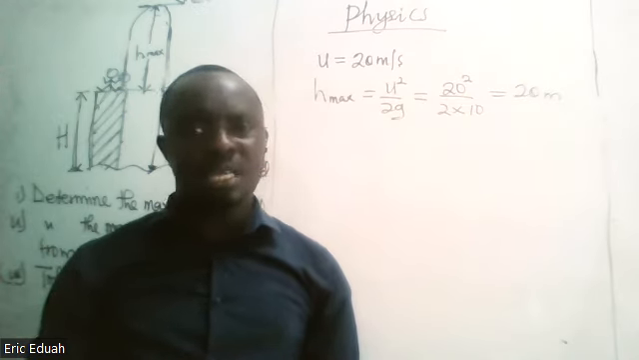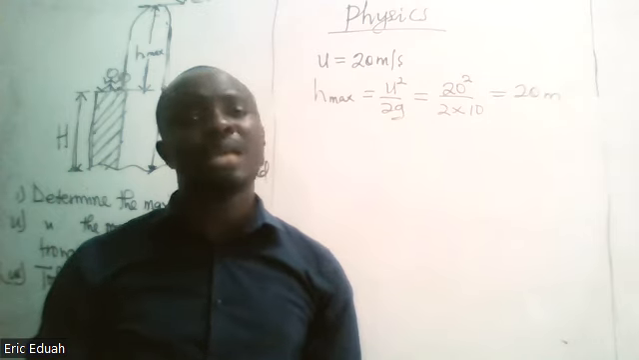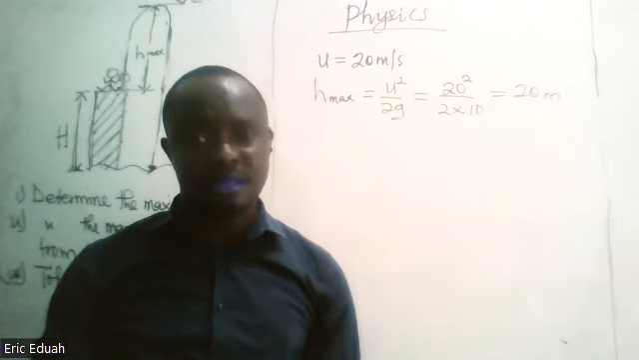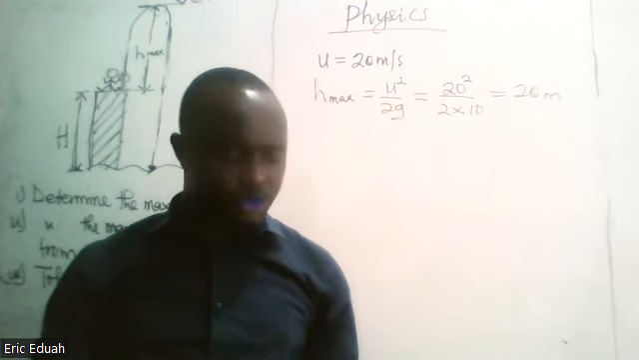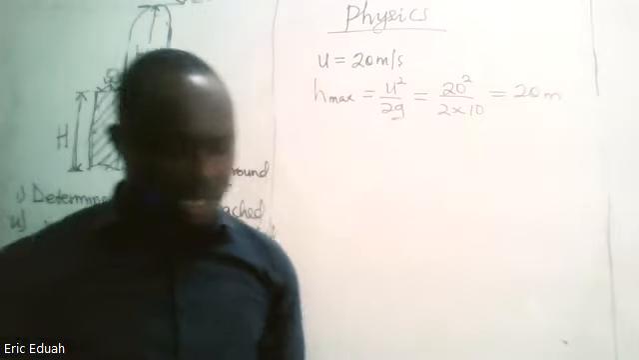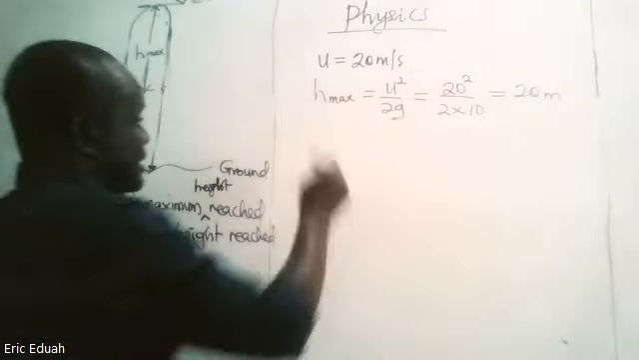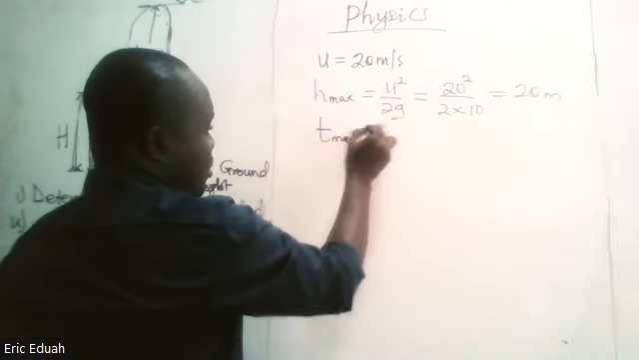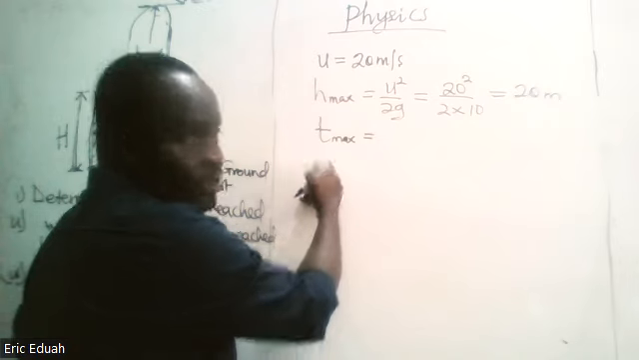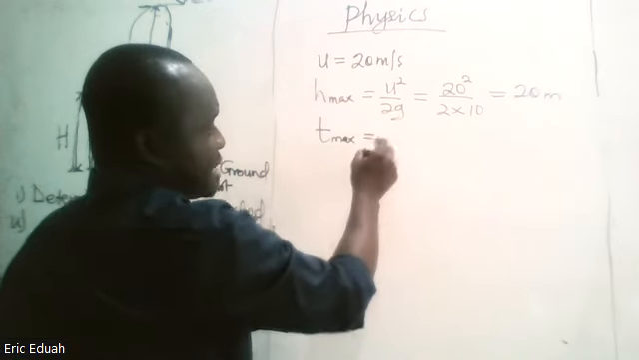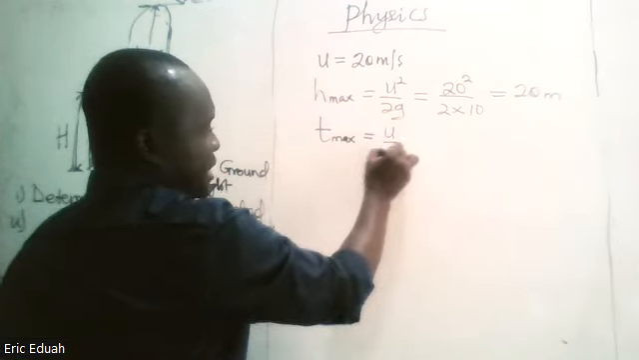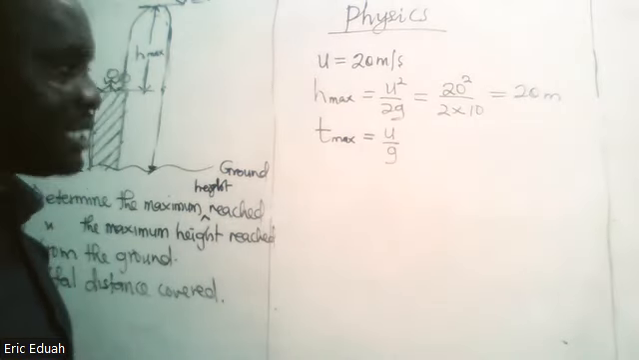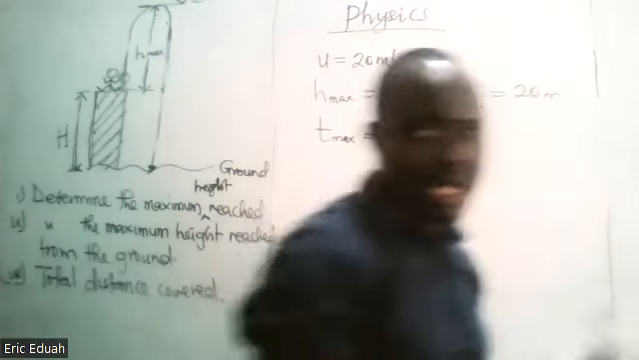This question demands that we look for the time taken to reach the maximum height. So T max, what we are calling the maximum, the time taken to reach this maximum height is certainly equal to u over g. But before that, let me also